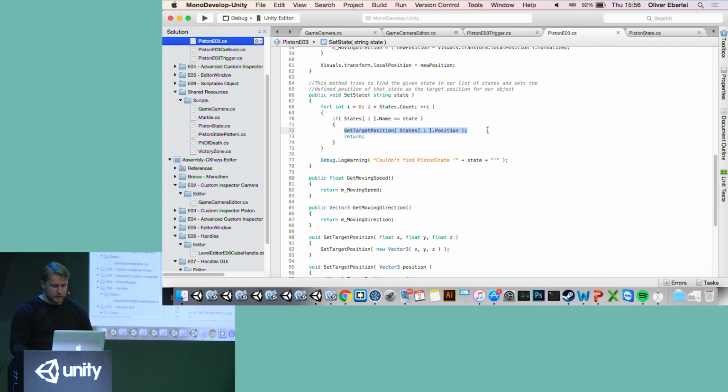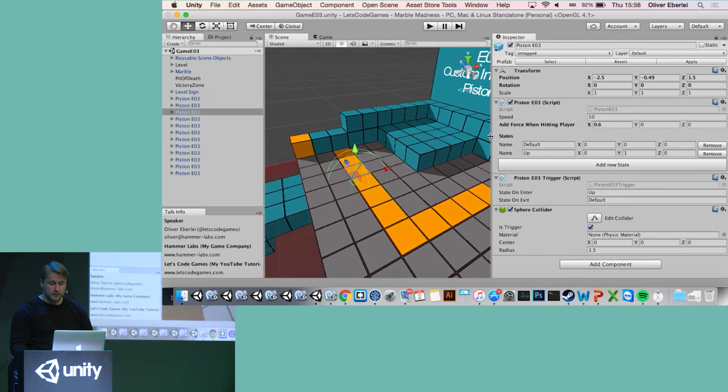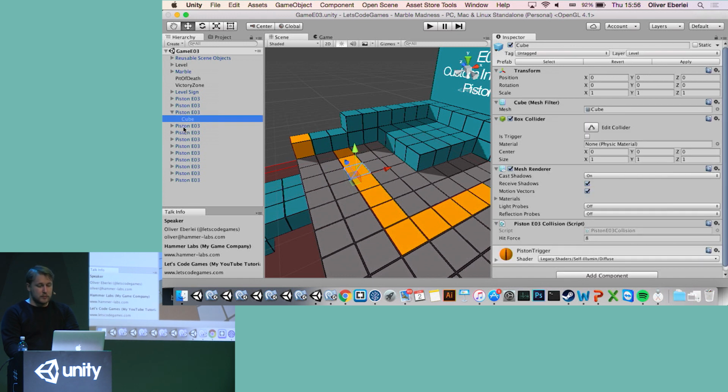Now, very, very simple, but as I said before, I want to have a custom inspector because, as you can see here, I have a bunch of custom stuff in here. So I have two states predefined. The default state, which is the cube object here, is at 0, 0, 0. So it's always local to my object.